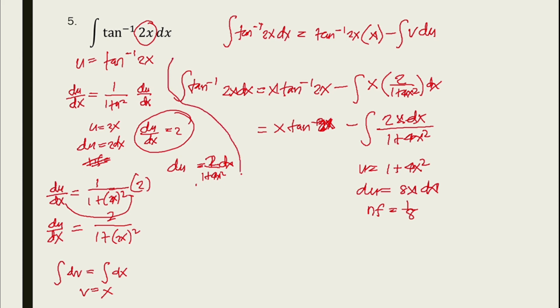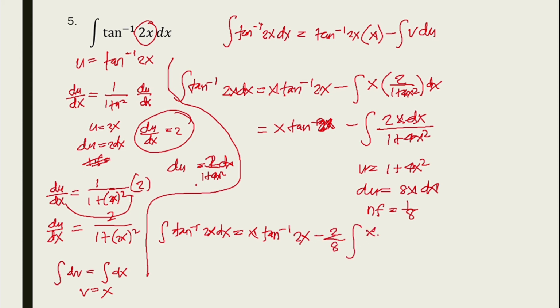Okay. So the integral of inverse tangent of 2x dx is equal to x inverse tangent of 2x minus 2, and with the neutralizing factor, which is 2 over 8, the integral of x dx over 1 plus 4x squared, which is the equivalent of this one